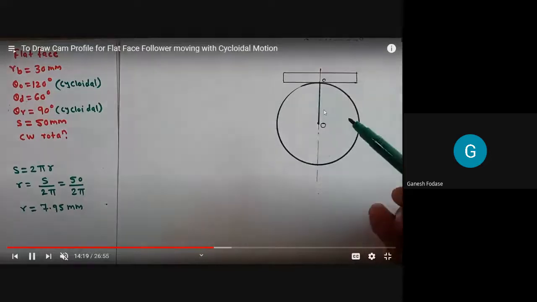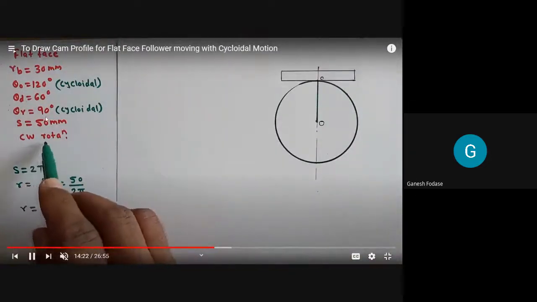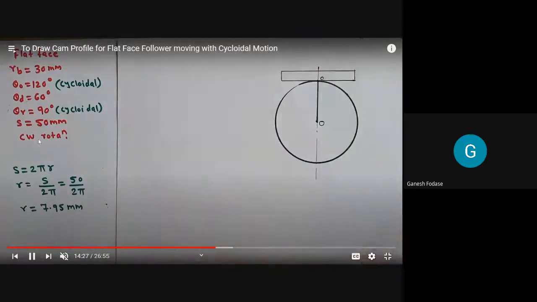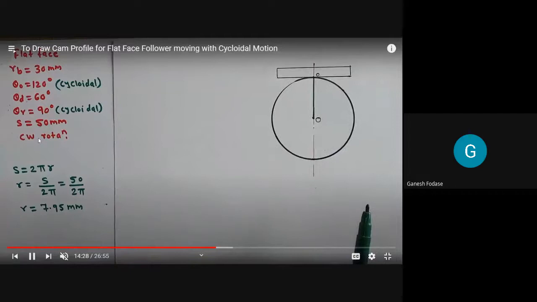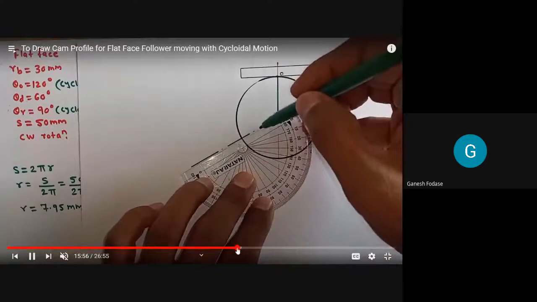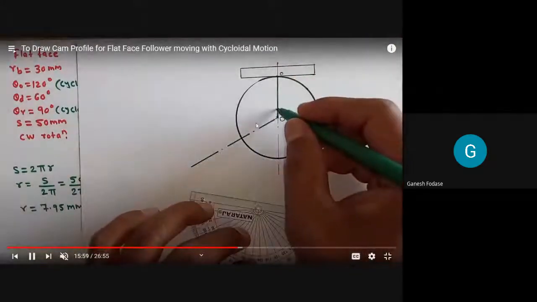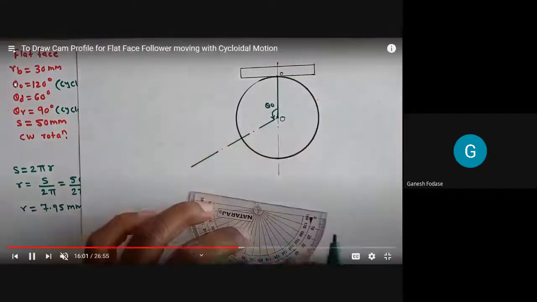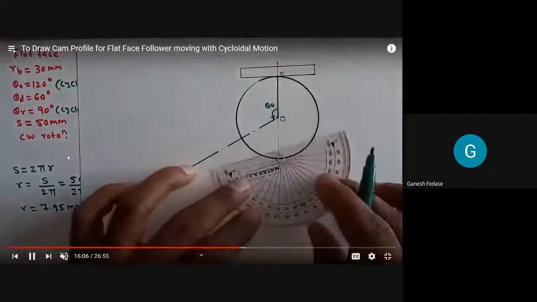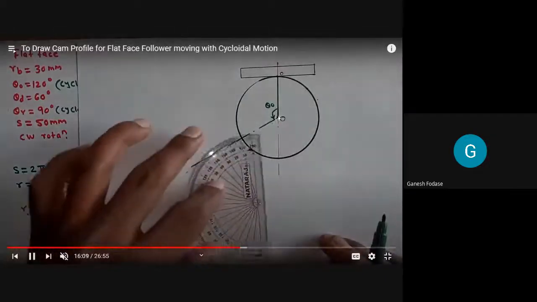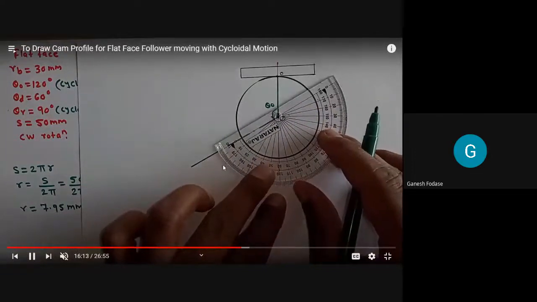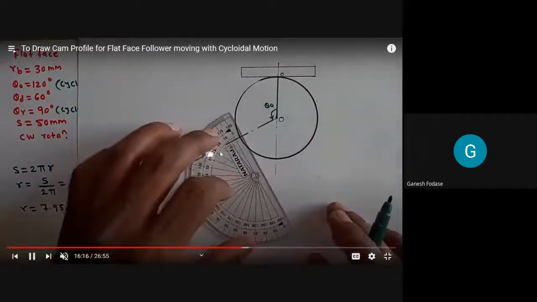Now next we have to mark 120 degree, 60 degree and 90 degree in an anti-clockwise manner. So go on marking that 60 degree, 90 degree, and so on. You can see first we mark 120 degree here in anti-clockwise fashion, that is theta O. Next we have to mark 60 degree and next 90 degree. So 60 from here. First one is 120 and then 60. Yes, you can see from here it is 60. So from 0 to here it is 60 degree.